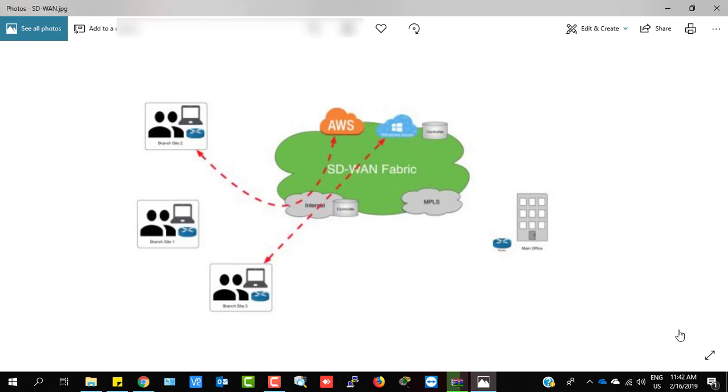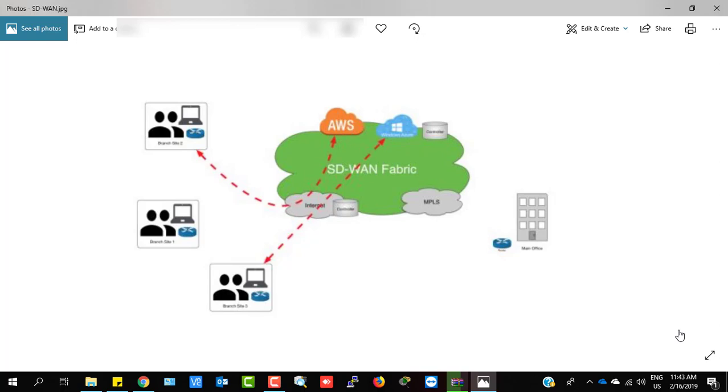Otherwise they don't provide MPLS to all of the remote offices, and it also needs lots of bandwidth. There are also lots of other costs to implement the huge infrastructures. But SD-WAN will be used for independent remote office connectivity